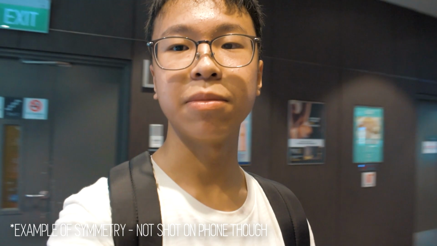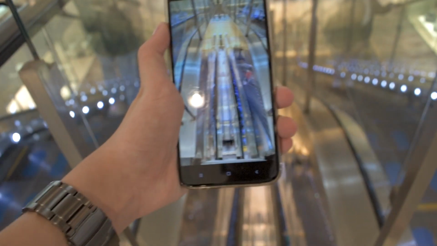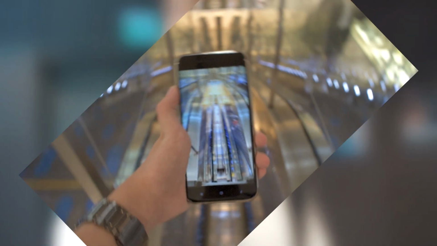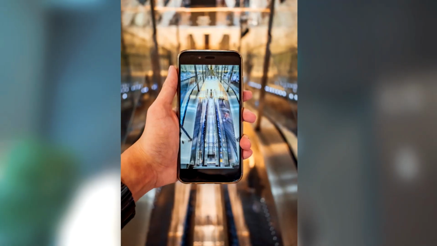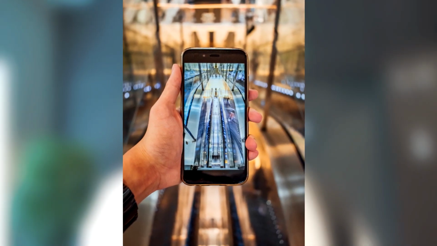Alright, so right now I'm actually at Somerset, which is a shopping center. But what I did just now, I found this escalator over here at level 4 outside Challenger, and it's really symmetrical, so what I did is I put my phone out and I took this photo over here. I thought it was quite cool, and actually there's lots of cool escalator shots you